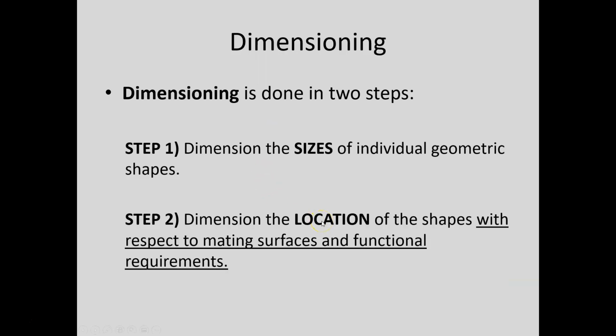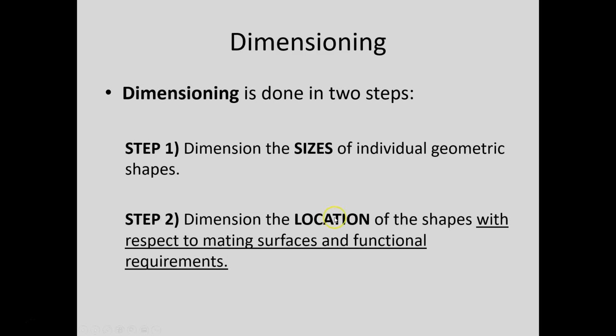All right, so how are we going to dimension? We have this 3-dimensional part. We've figured out how to show it 2-dimensionally on a sheet of paper using orthographic views. How do we start dimensioning? Well, we're going to follow a 2-step procedure for dimensioning. Nice and easy, 2 steps. The first step is to dimension the sizes of individual geometric shapes of the part. 3-dimensional geometric shapes. Step 2 is to dimension the location of those shapes with respect to mating surfaces and